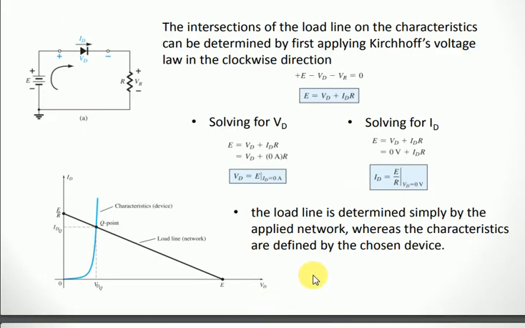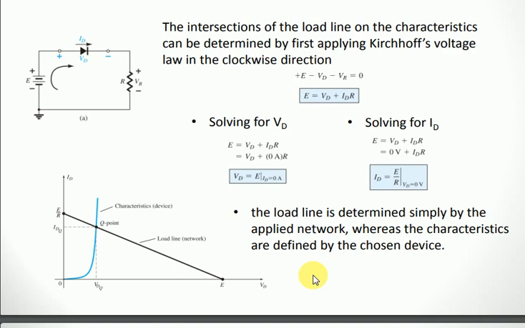Now coming towards the graph. Here the blue line represents the characteristic curve of a diode. In this characteristic curve, we have seen that a diode will operate at VD. If it is a silicon diode, then VD is equal to 0.7 volt, and if it is a germanium diode, then VD is equal to 0.3 volt.